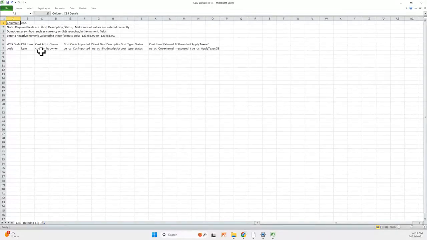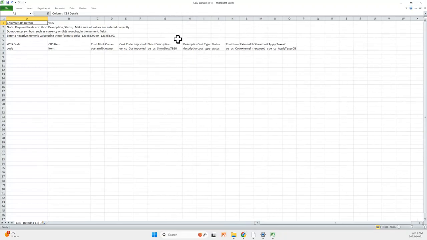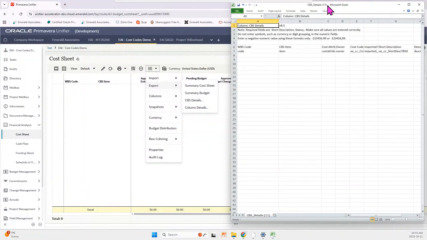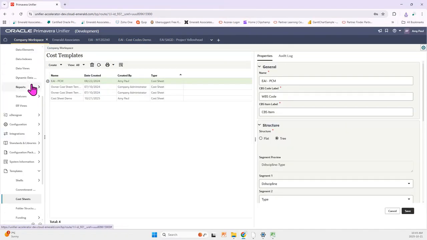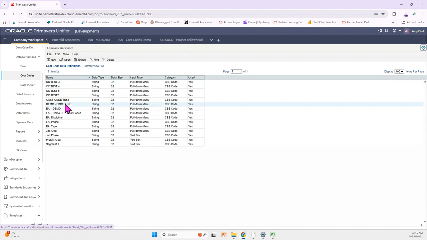So you'll see these are all of the columns that it's going to want you to fill in. You're going to have to put in your code, your item, short description, etc. So as an example of how to fill this in, let's take a look again at those segments that we created earlier. So if I go back to my company workspace and look at my cost codes here,